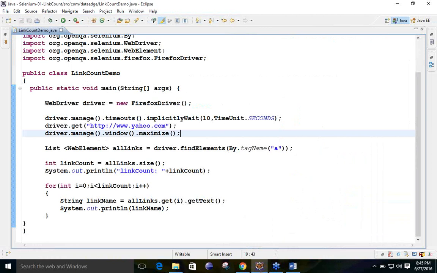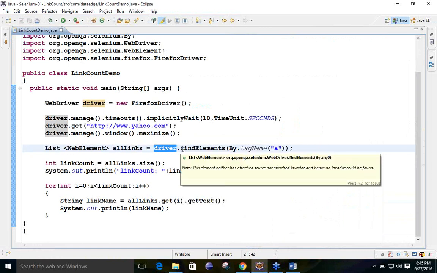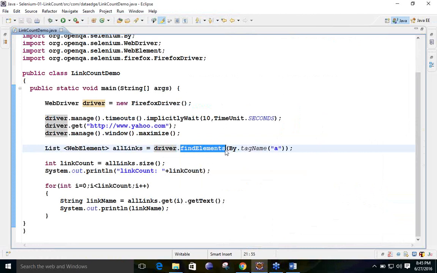What we are doing is telling the driver, because all the work we have done till now is with the help of the driver, and the driver is responsible for everything. So driver dot find element is one of the methods for the HTML. It makes use of the find element method.